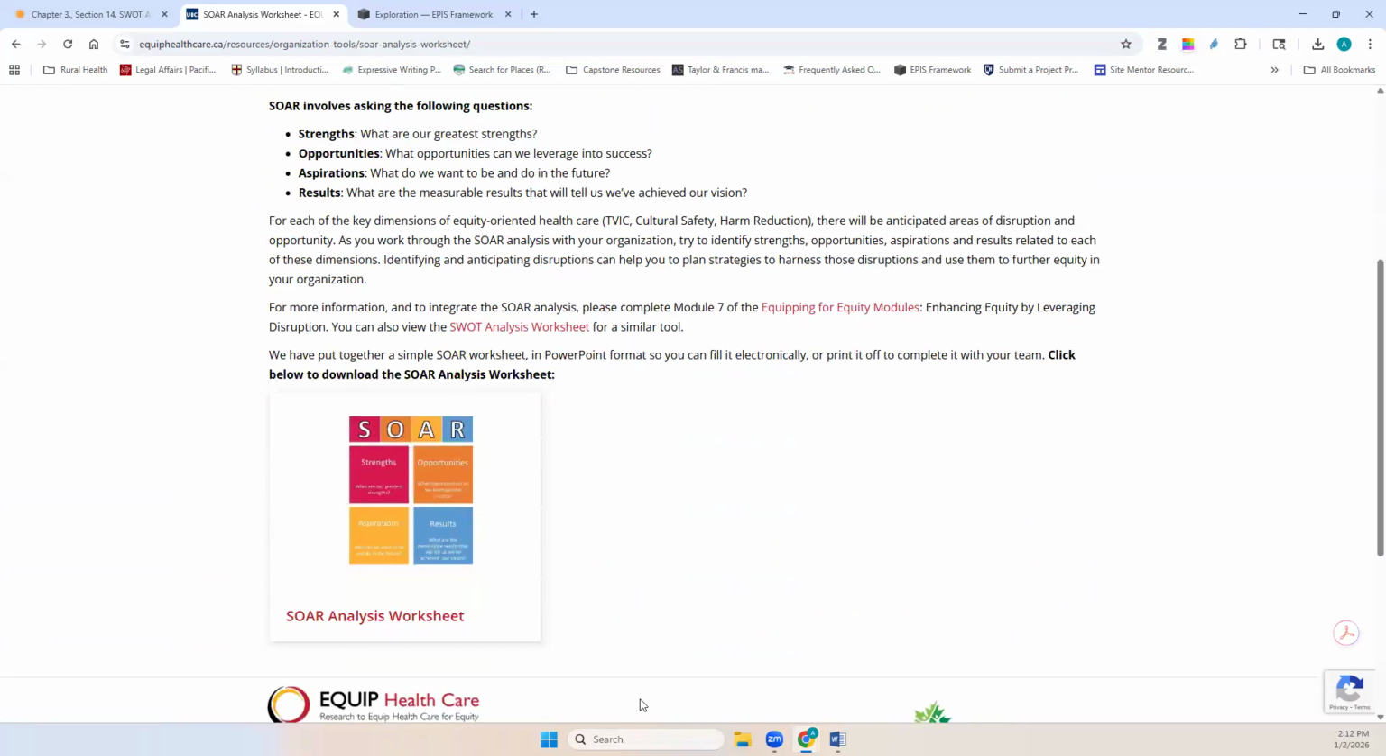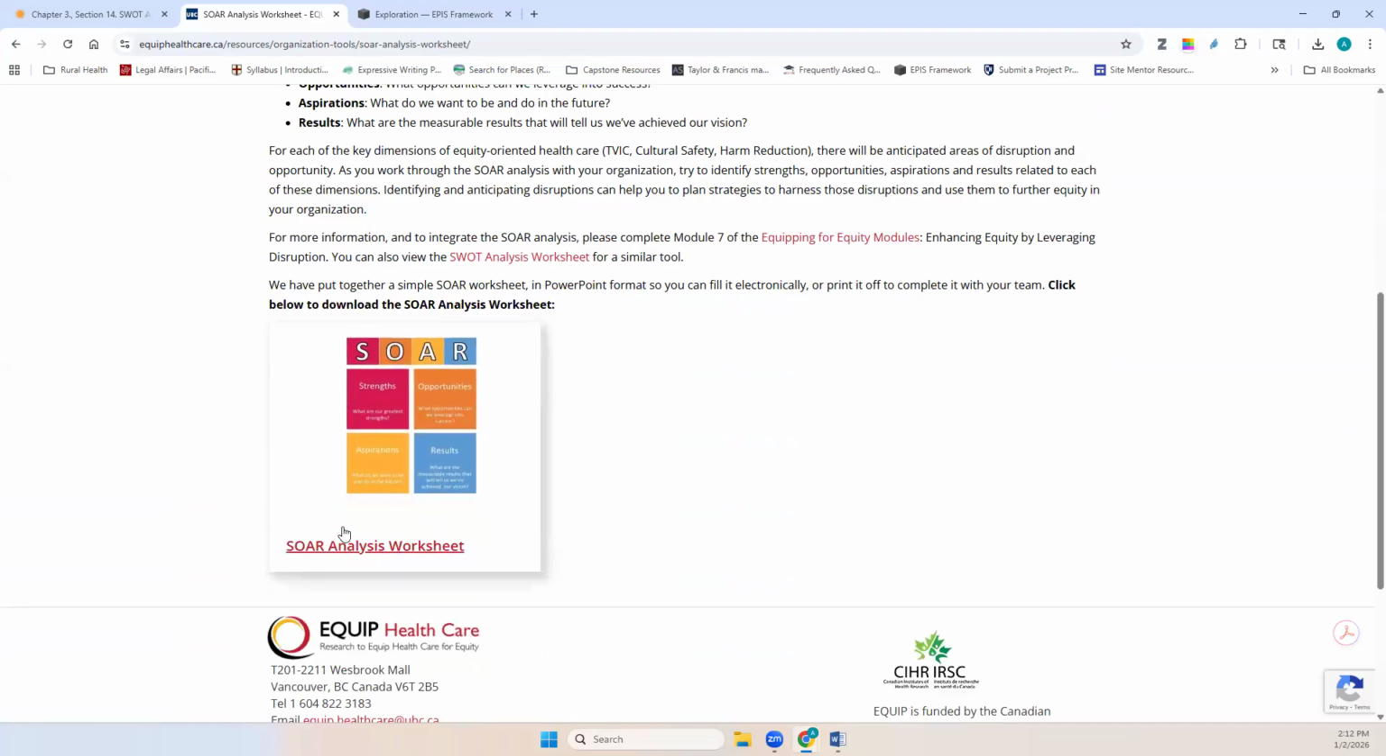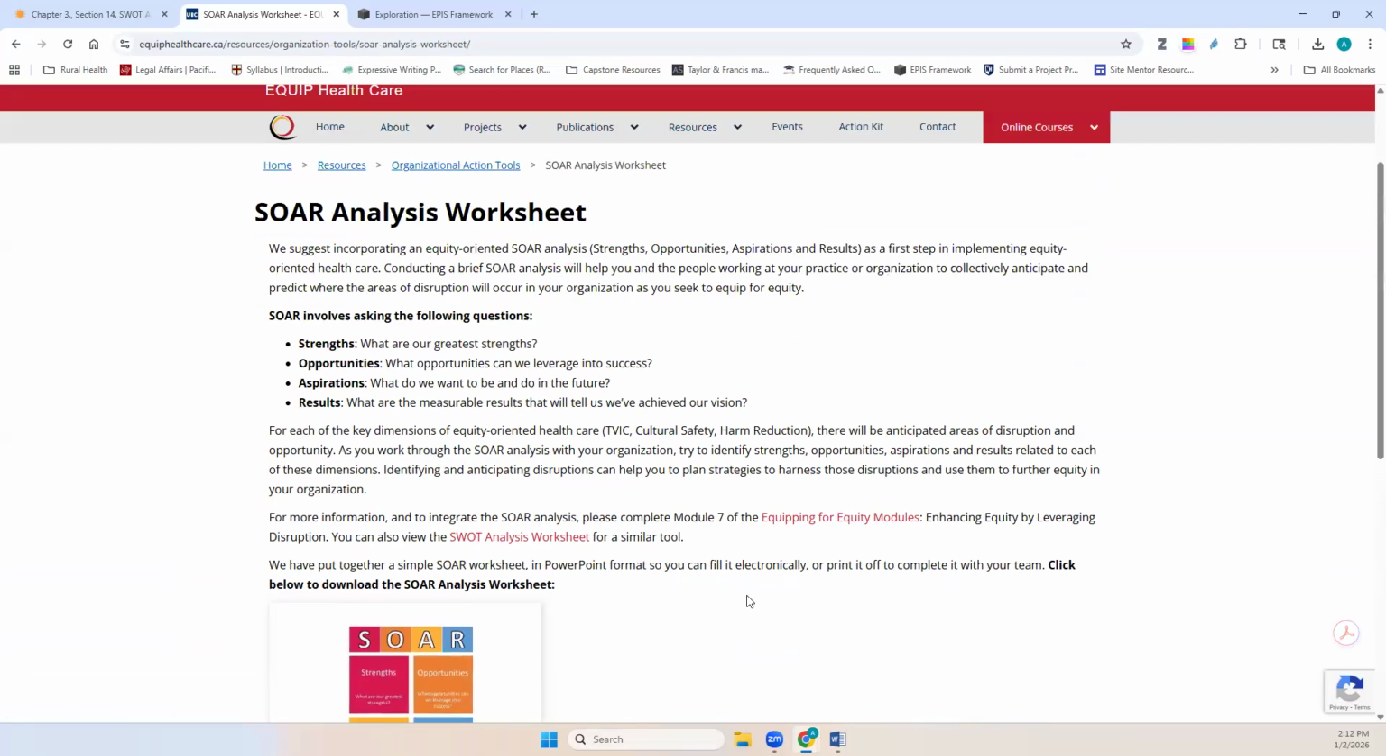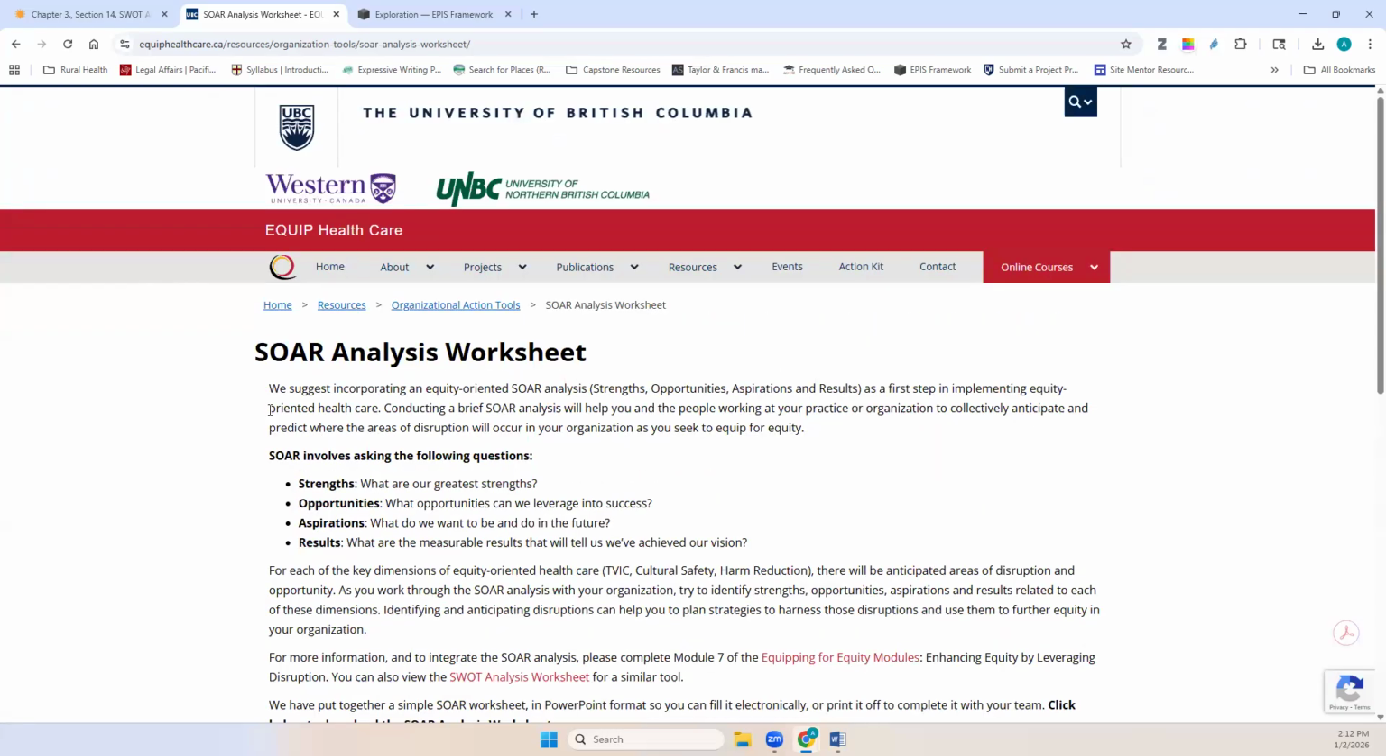As I scroll down here, they do have a SOAR analysis worksheet, as well as other examples of the information to put into these sorts of tables. So again, this can be a really valuable tool, particularly if you're looking at equity-oriented healthcare programs or something in that vein. So definitely check out